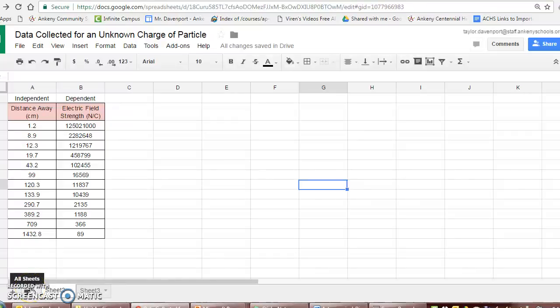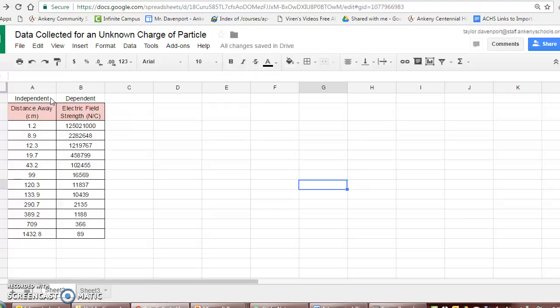In this video, I will calculate the unknown charge of the particle based on data collected for distance and electric field strength shown here to the left. The independent variable is distance, the dependent variable is electric field strength, as distance would be the measurable quantity that you could control yourself. So to solve for this graphically, I need to insert a graph, but before I do